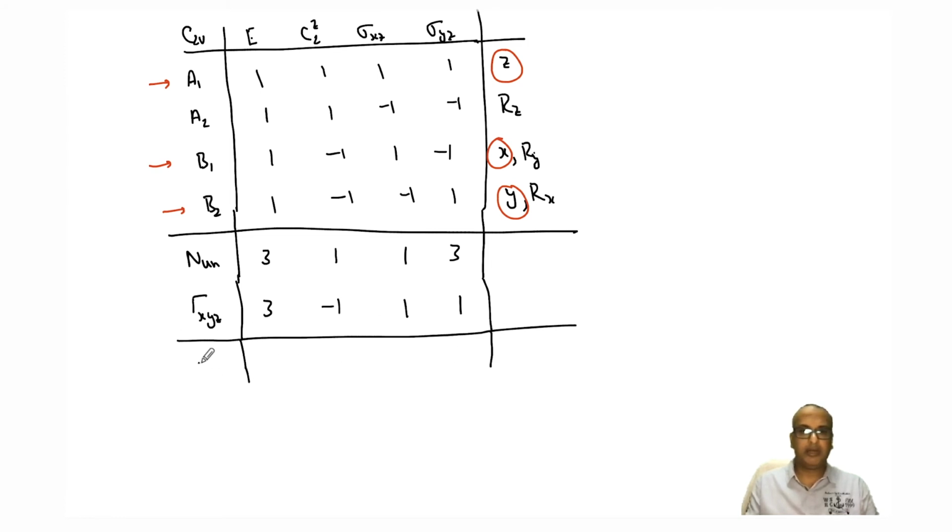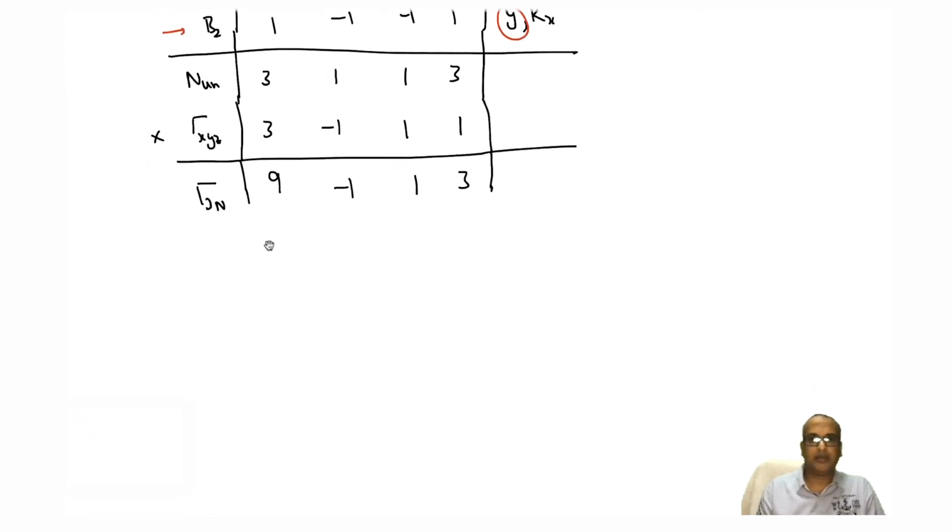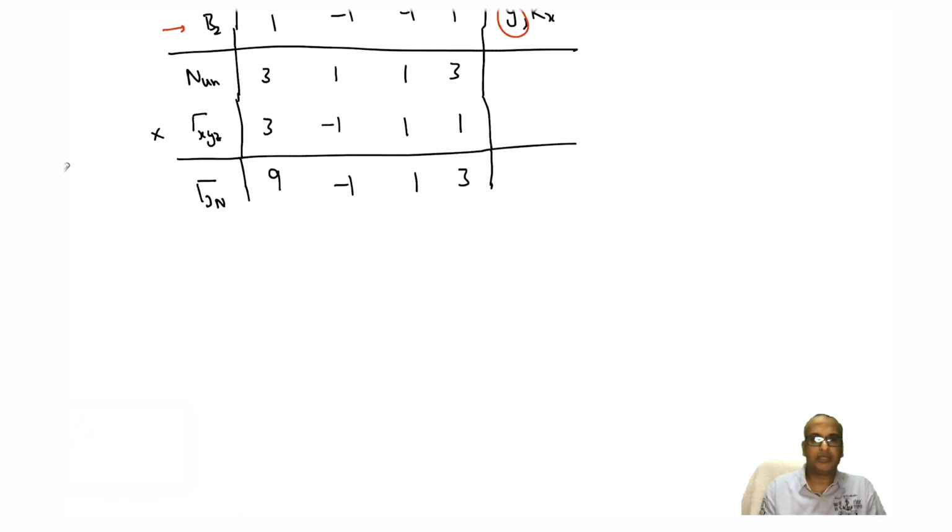And this will be tau 3n, which we had written using all sorts of matrix writing. So if you just multiply these two, you will get 9, -1, 1 and +3. And this was the trace which we got when we actually wrote the complete matrix, right? Okay, so once you have obtained tau 3n, the next step is easy. The next step is just to reduce this.